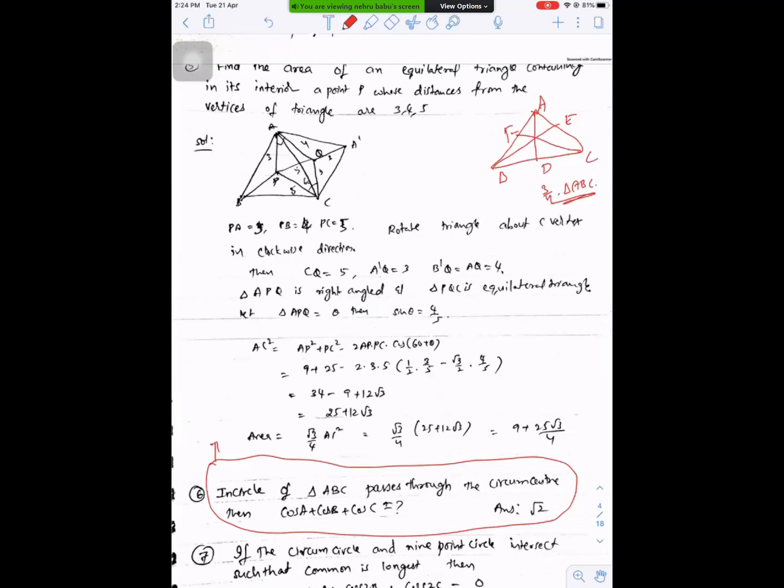We can find the relation between capital R and small r by using the distance, and then the incircle passing through the circumcenter means square root of R square minus 2Rr is equal to exactly small r. And then cos A plus cos B plus cos C is 1 plus r by R. So from this result you will get R square minus 2Rr equal to small r square. From this try to find the value of small r by R. Yes. So cos A plus cos B plus cos C is 1 plus small r by R. So if you find small r by R value by using that quadratic equation, you'll get that.